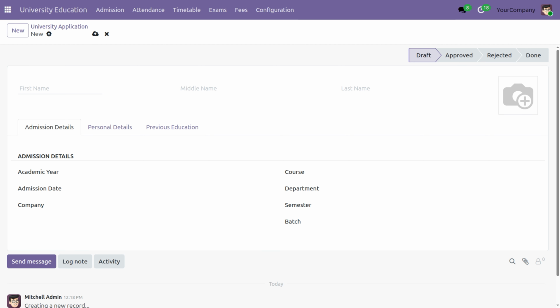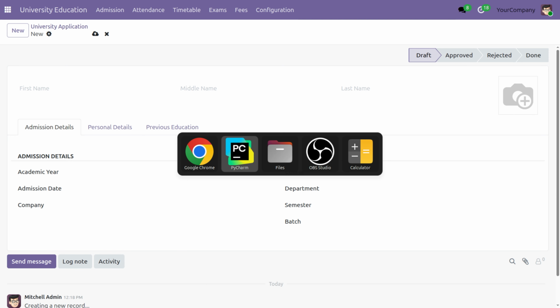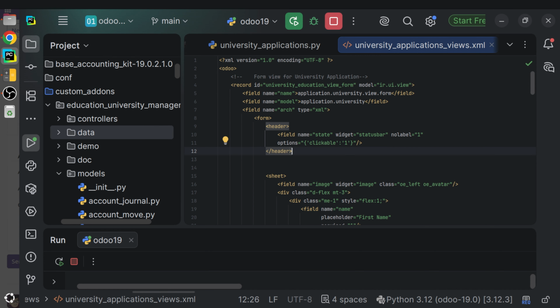So currently you can see that we can find all the statuses over here, such as draft, approve, rejected, and 10. I only want to show draft, approve, and 10 whenever we try to create a university application. If it fails, or when a student is rejected only, I want to show the rejected status over here. So by default, we only want to show draft, approved, and 10. In order to do that, we can move on to PyCharm, and from here again, I'll be making the